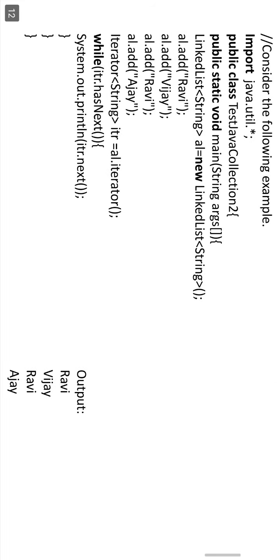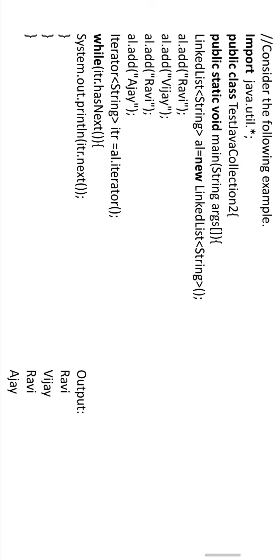And in this we are giving a simple example for the Java collection class LinkedList. Here we import the java.util package, because all these collection framework classes are present in the util package only. So first we are importing the util package with an asterisk, means we are importing all the sub packages, classes, everything into our program. Next, public class TestJavaCollection2. Here my class name is TestJavaCollection2, that's why the name of the program is also TestJavaCollection2. And whatever code I write goes within the main function.